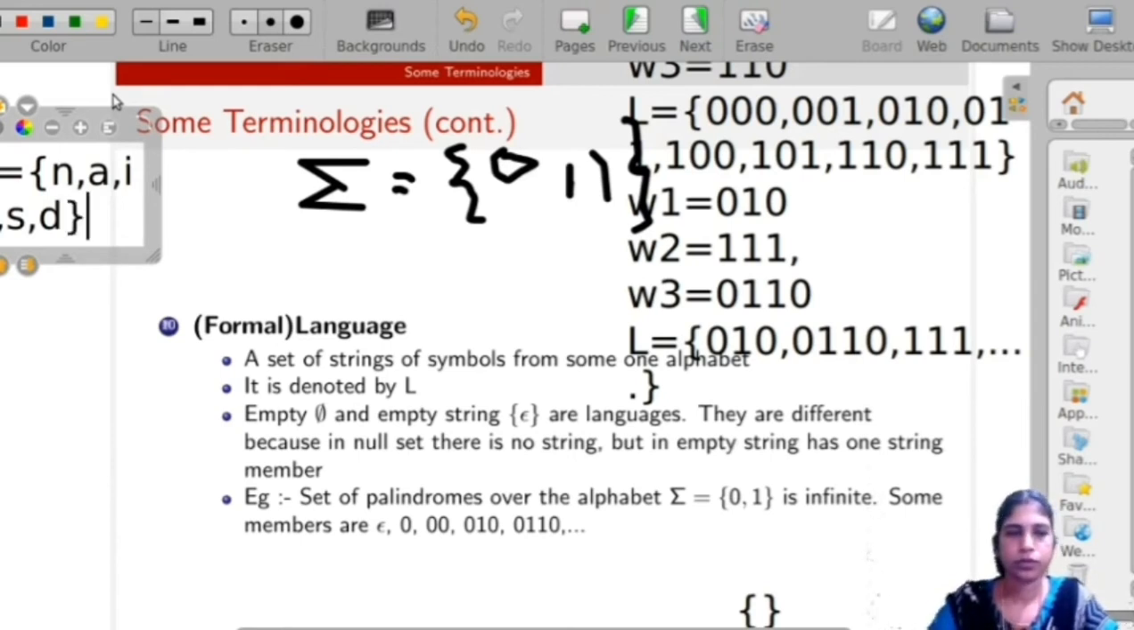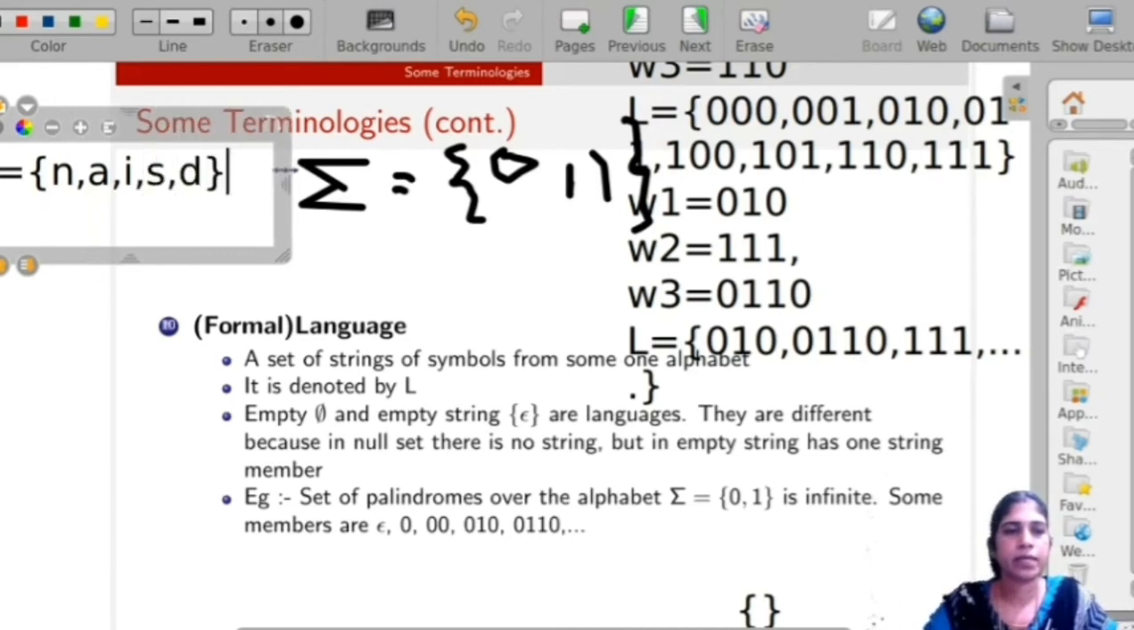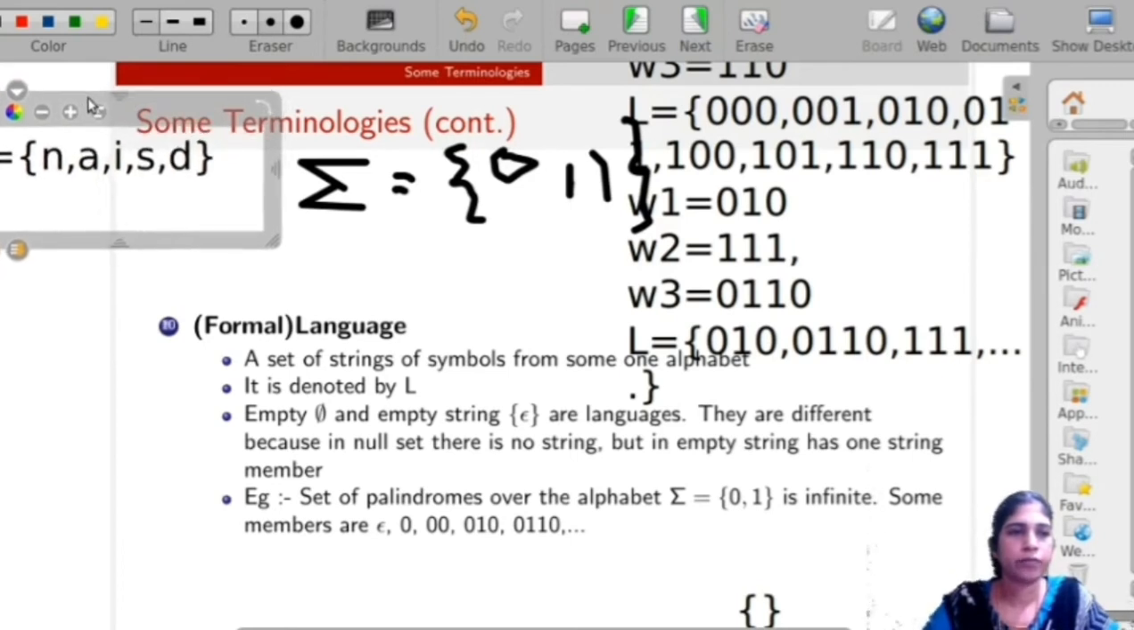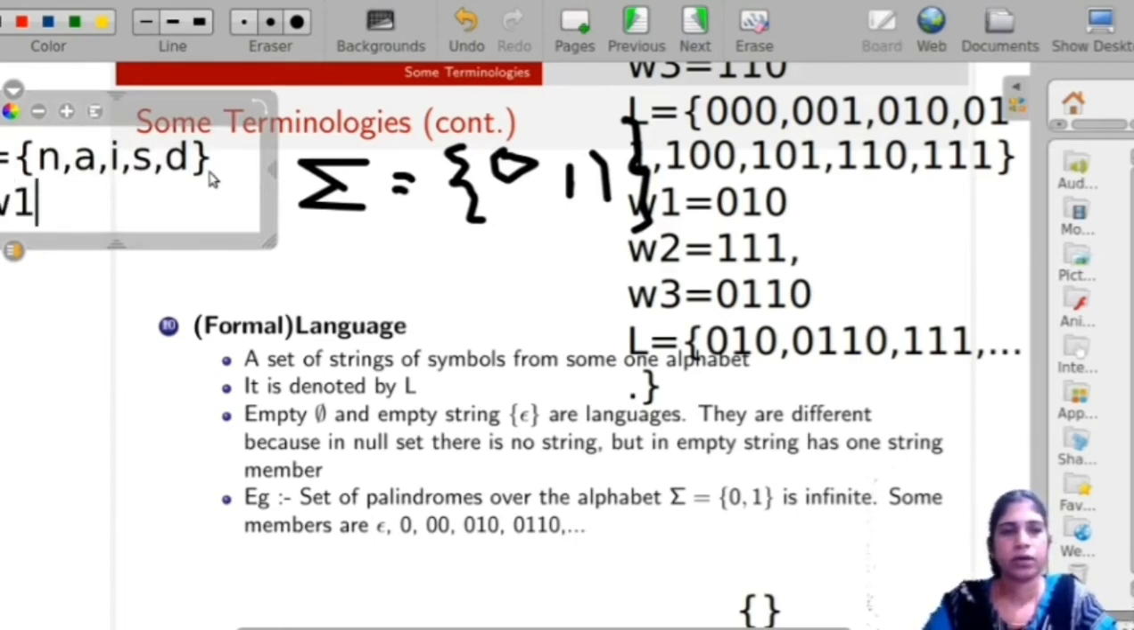Okay, so the given alphabet is N, A, I, S, T. Only these are the alphabets, sigma, the set of symbols. So you can construct a number of words from this alphabet. Meaningful words, okay. One meaningful word is INDIA,